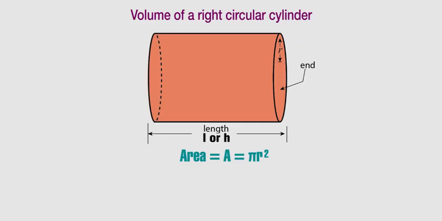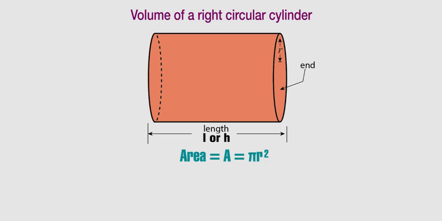We now look at the volume of a right circular cylinder. A cylinder is a prism with circular cross-section, meaning the base is a circle. That is, the end of a cylinder is made up of circles. The volume of a cylinder is given by the area of one circular end multiplied by the height or length of the cylinder. The area of a circle is given by pi r squared, where r is the radius and